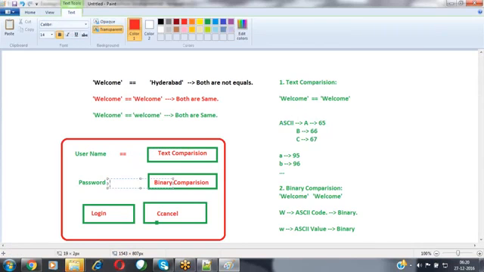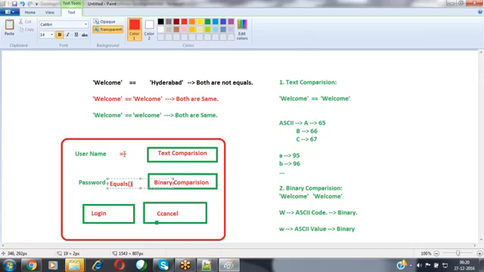For that, we have a function called the equals function. By using that equals function, we can compare the two values with case sensitivity, by considering the case also. From an interview point of view, this question is very, very important. What is the difference between the equals operator and the equals function? Now this equals is a function and this double equals is an operator. Then what exactly is the difference over here?